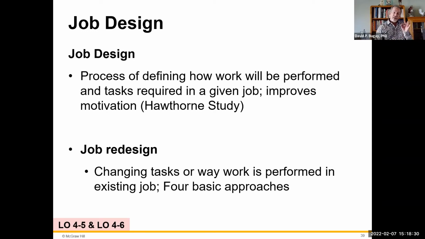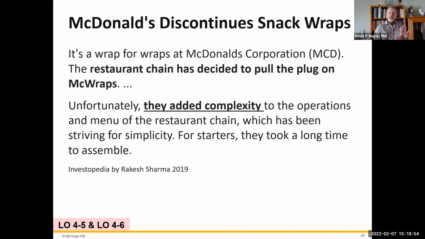From the Hawthorne study, we had an entire school of human resource, we call it human relations management. A lot of that should be involved in the job design because the workers kept on telling them, if I do this, I'm more productive. Talk to the employees. It's incredible how that input really helps. Change the task, change the design or redesign to make certain that you use the 4 basic approaches we'll talk about in a second.